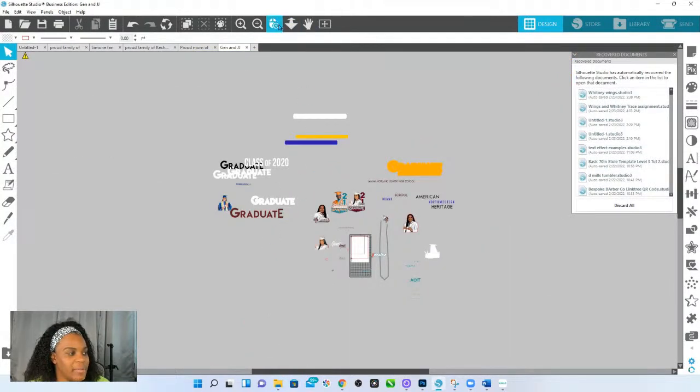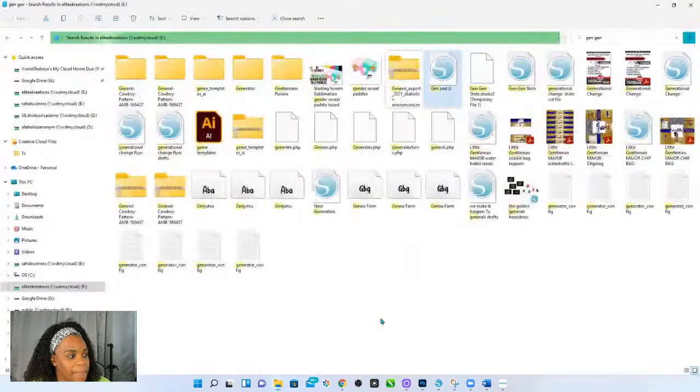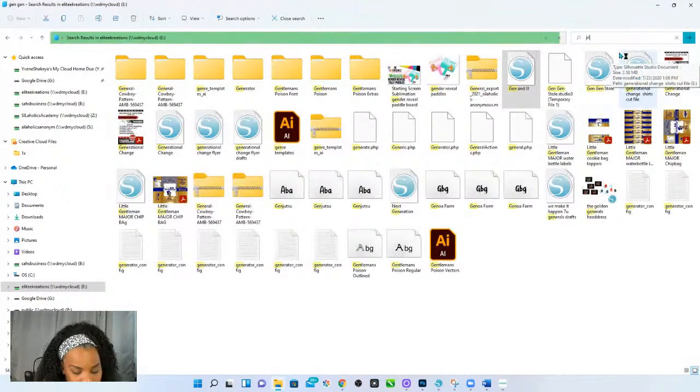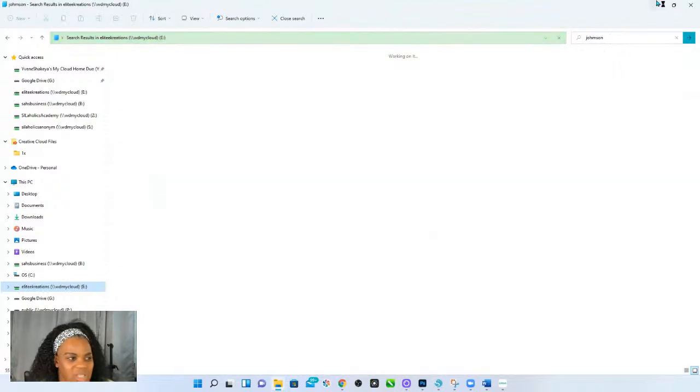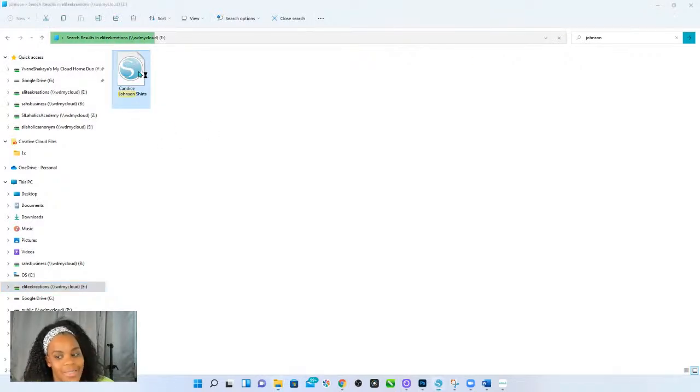Oh, this one right here came from, let's see, do I have hers over here? What was her name? Gosh, I can't think of her name. I know it's Johnson, but this looks exactly like, I literally just went and took her picture off, put hers over there and changed the colors. Let me see. I don't think it's under Johnson though. I think it's under her first name. Candace. I think that's her name. Candace Shirts. Yeah. There we go.